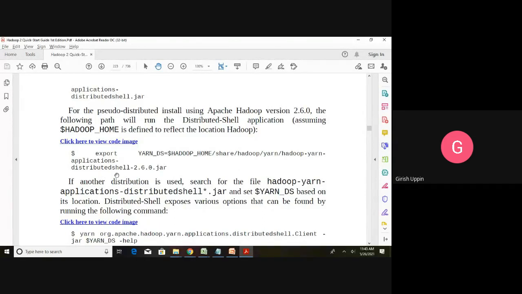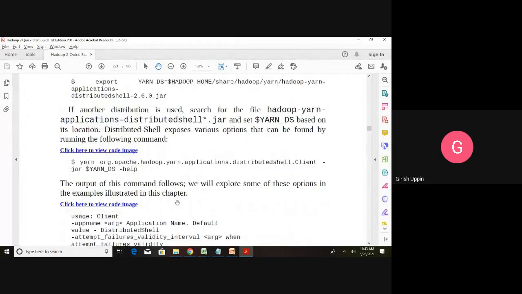This is the location of the jar, so you have to set YARN_DS. Again, if you have some other installation distribution, you can find it and give the search key as hadoop-yarn-applications-distributed-shell. If there is a version name, then you can use an asterisk, which will take care of the version name, dot jar. Then it will list the locations, and that location should be set as the value for the YARN_DS environment variable.